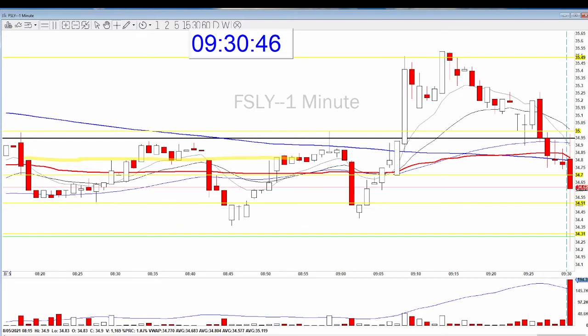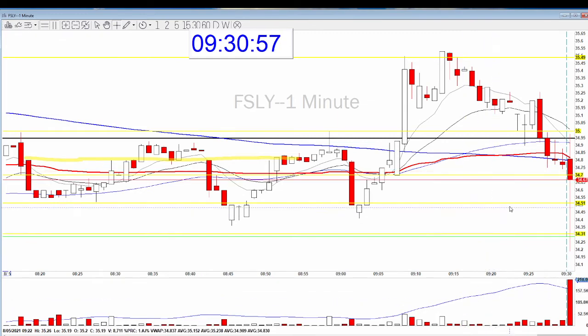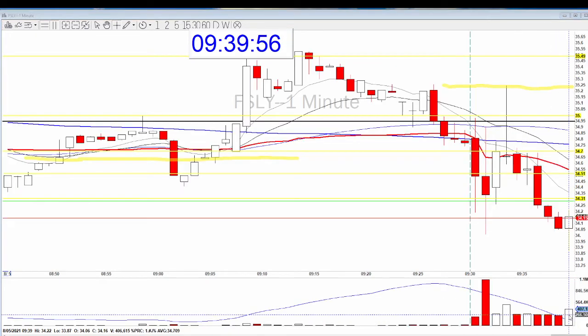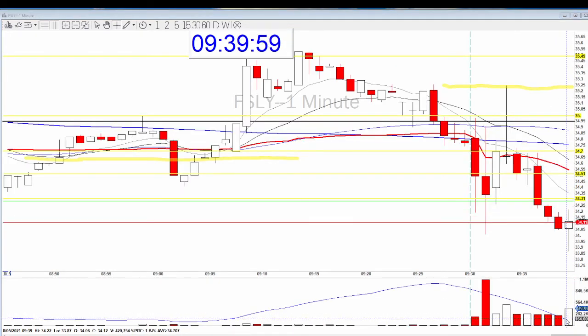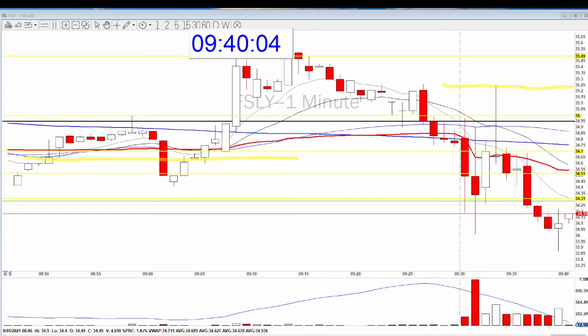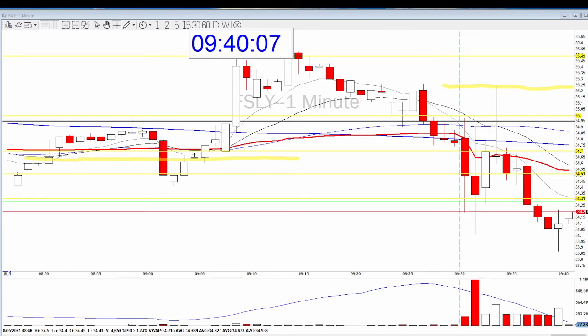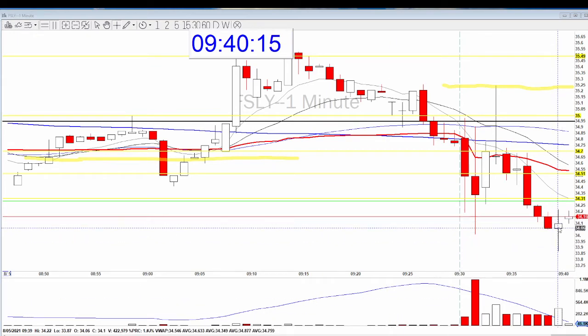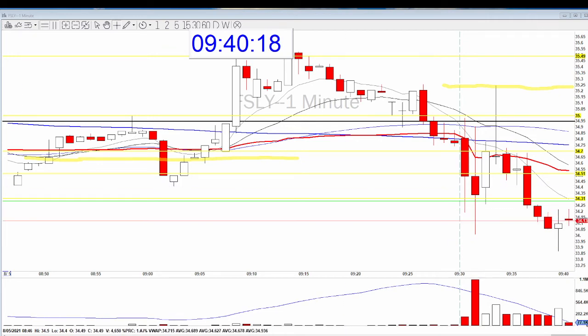Okay, we notice that it dropped and broke the support with 200,000 share volume, immediately got bought back and moved back over the previous support, not this support, rather this support at 34.70. So it seems buyers started coming in. When the volume started coming in, I see this beautiful candle, and if it moves over 34.30, I'm going to take the 30 cents risk and go long. I'm going to go long over 34.30. This is a spinning top candle, which shows there is buying pressure, and if the stock moves